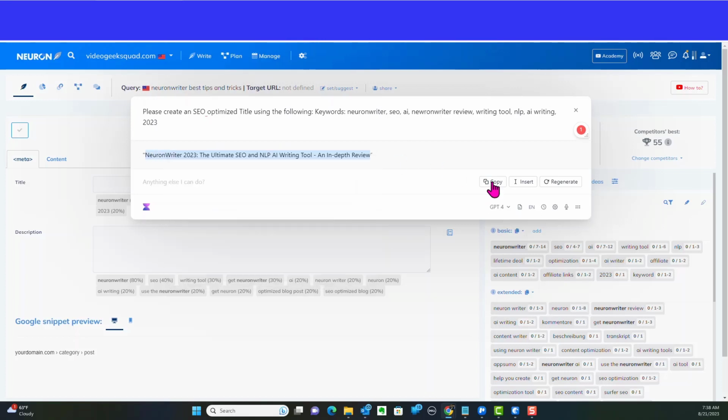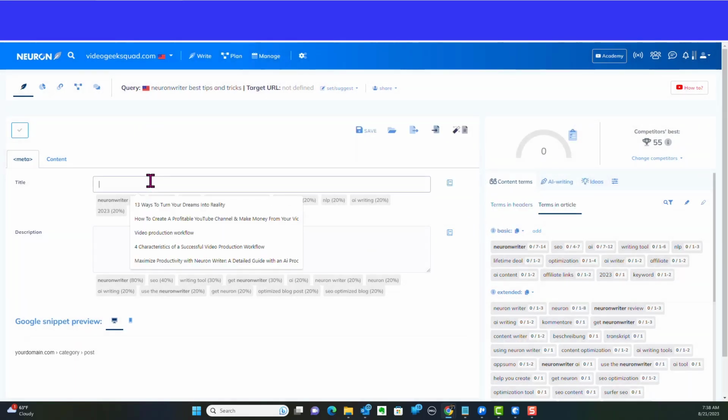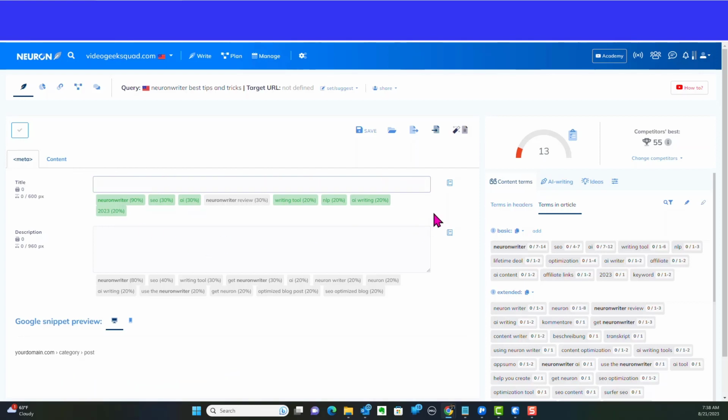We're going to copy it. We don't even have to do it that way. I don't know why I do that. So let's do that, and then we're going to exit out of here for now. And then we're going to paste this title into, uh-oh, I messed up. Okay, now the good thing is when you do that, you can always go back